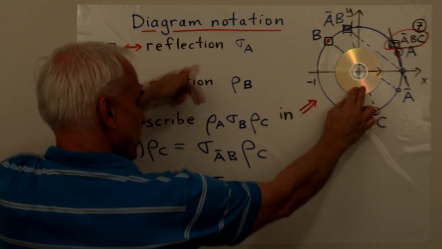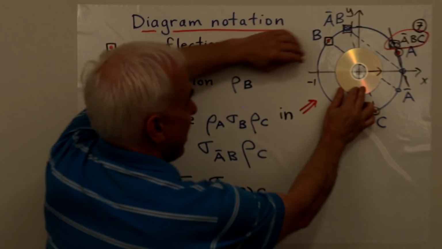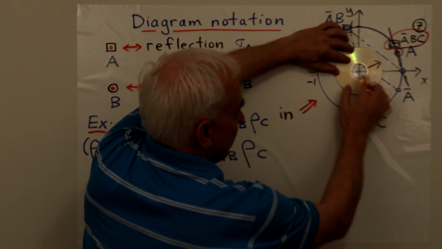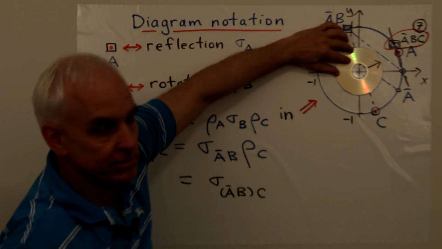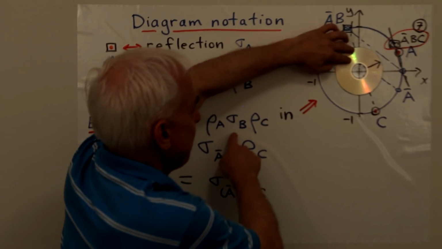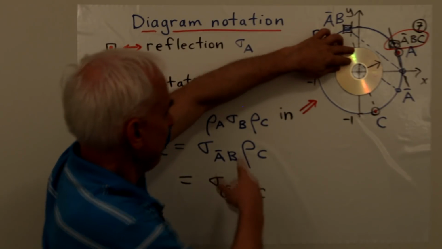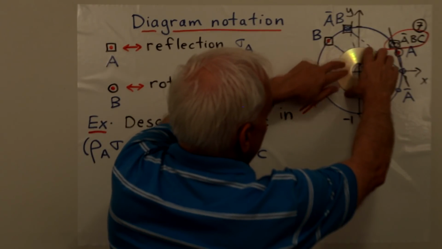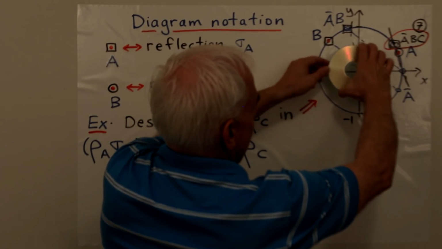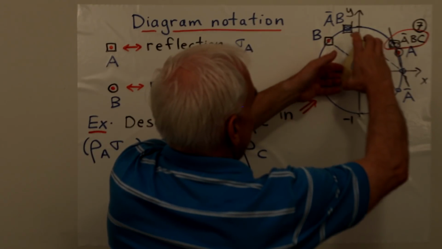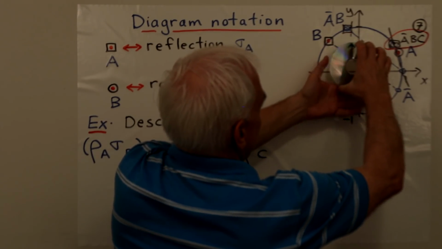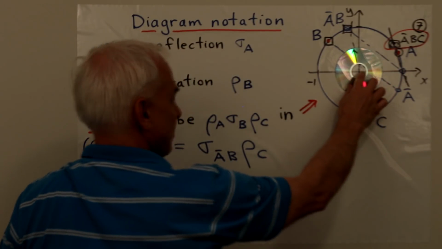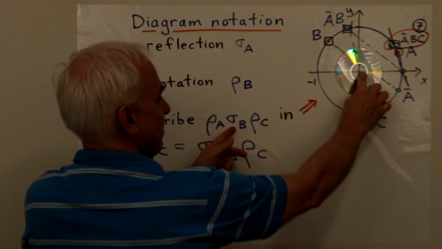In order. So first, rho A, that's rotation by A. That means the point I will go to that point there. So we just have to point our arrow towards A. Great. And now we're going to perform this sigma B reflection, the same kind of thing that we did before. So I remind you the axis was something like there. So I have to take this thing here and I'm going to reflect in this axis. Let me put it there. Okay, I'm going to reflect in that axis. Okay, something like this I get. Okay, that was the reflection sigma B.